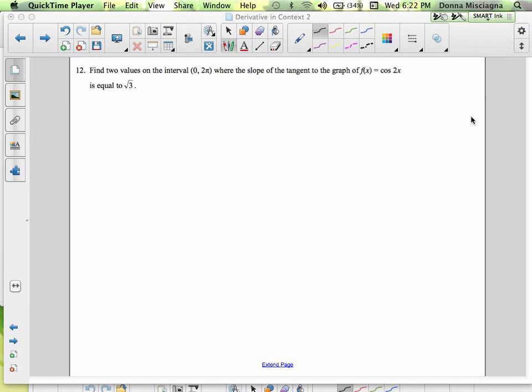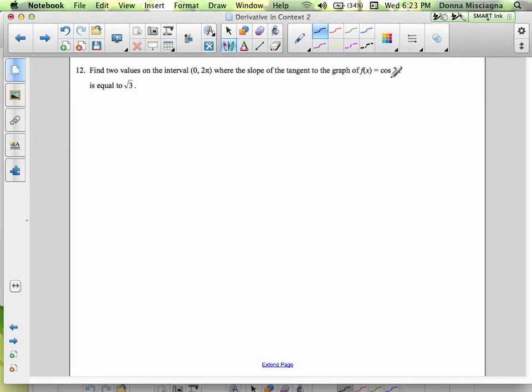It's not really that difficult, but I'm going to have to introduce a new concept to you. I'm not sure that we have done cosine where there's a coefficient on x yet. But that's okay, it won't be that hard for me to teach that to you. All right, so